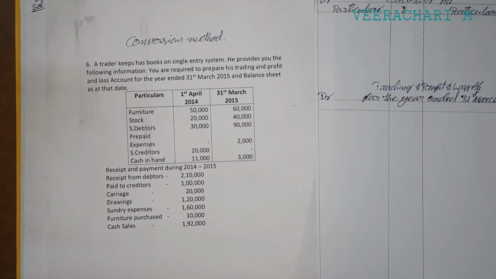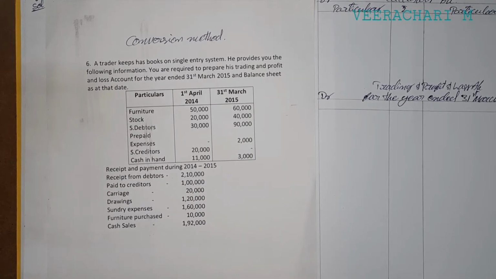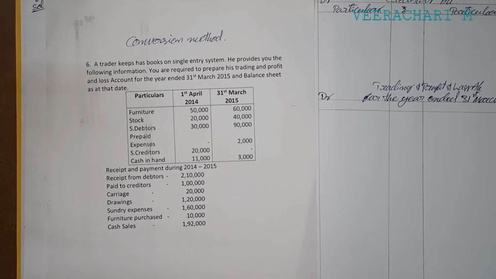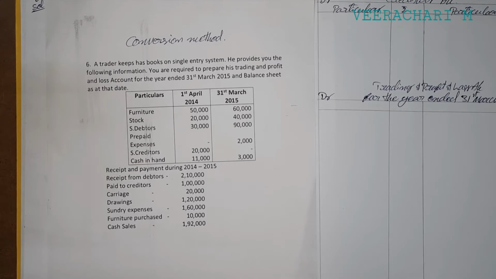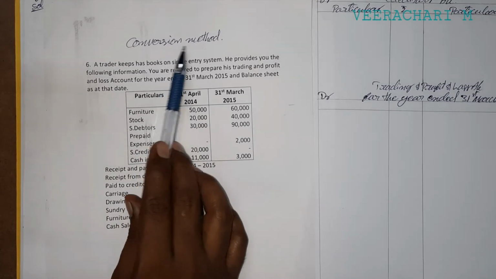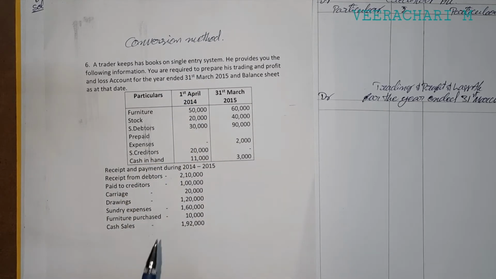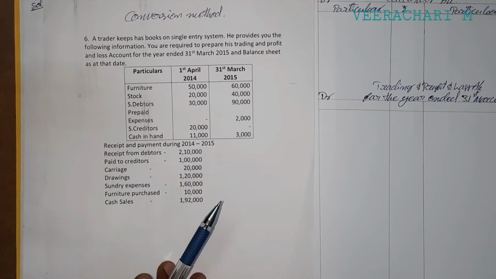Some drawings and additional capital introduced, and some adjustments information were given, but that is the statement of affairs method. It's not an accurate one. That is a computation of profit with that method. It's not accurate. But if you come to the conversion method, additional information is also given,